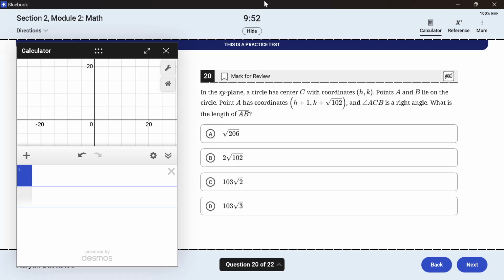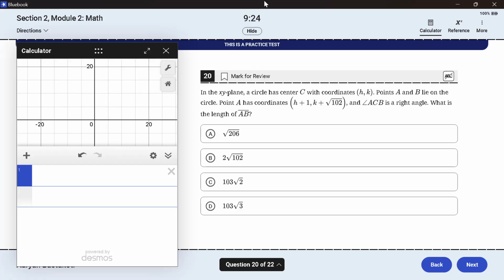While plotting 1, 2 from 0, 0, we do 0 plus 1 and then 0 plus 2 for the y value. Similarly, if h, k was 0, 0, we would do h plus 1 and k plus root under 102 to find A. So 1, root 102, right? And also, since this is right angled,